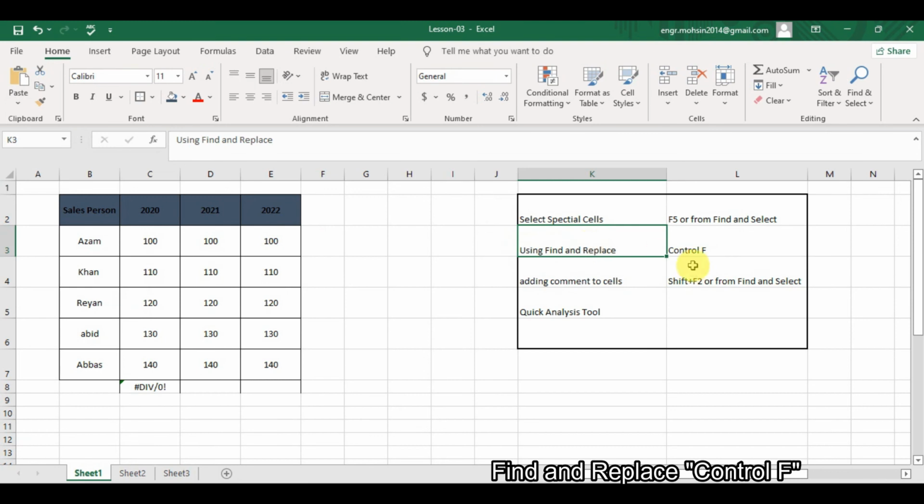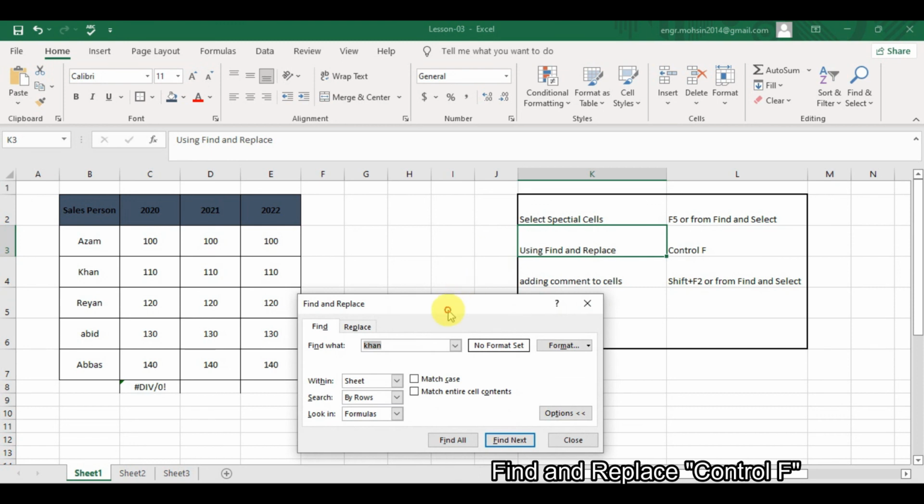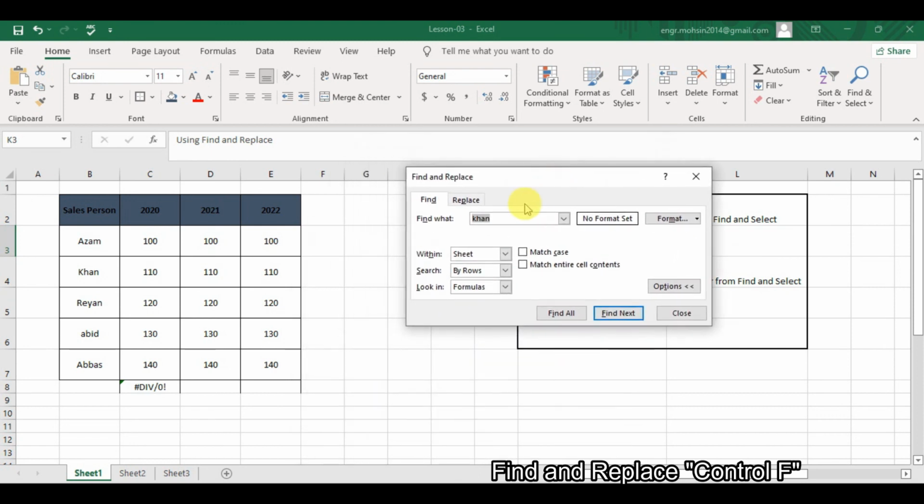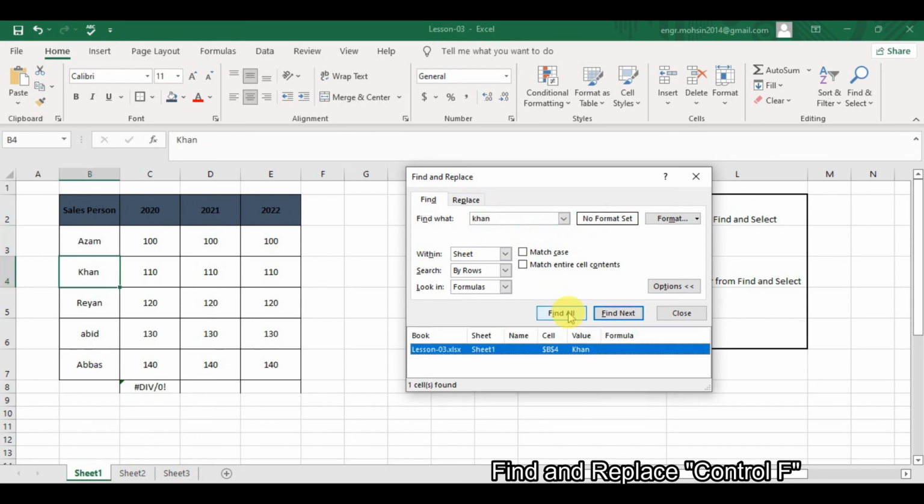Next is using find and replace. Find is opened by pressing Ctrl F on your keyboard. A dialog box will appear. From here, if you want to find any cell, for example the cell which contains Khan, you can write it here in find and click find all.